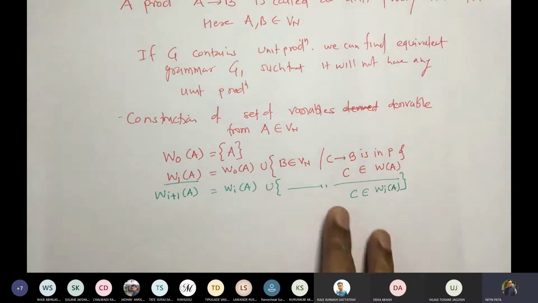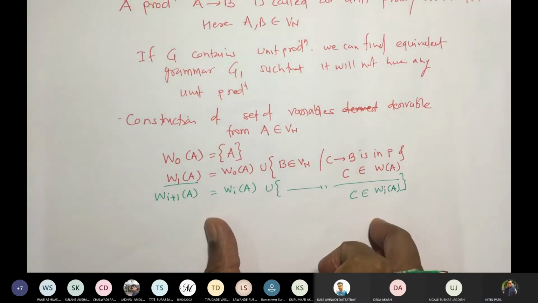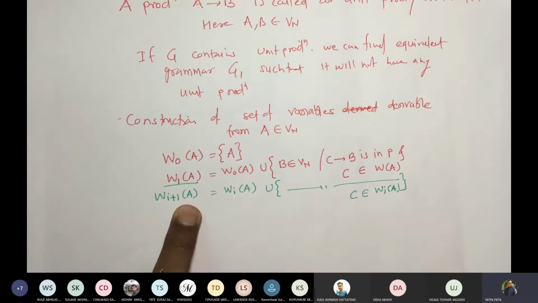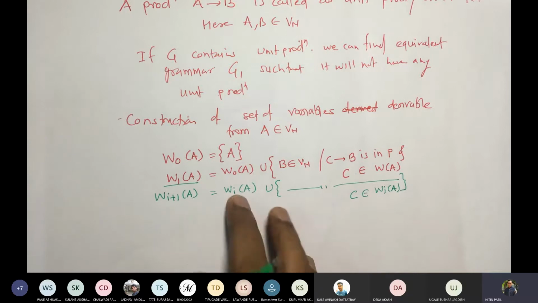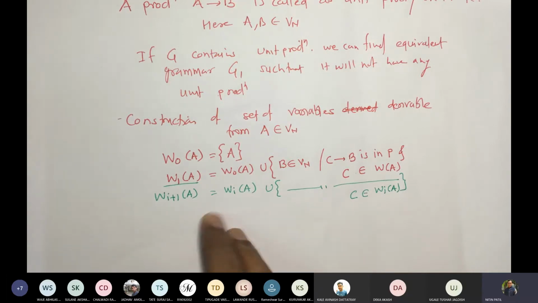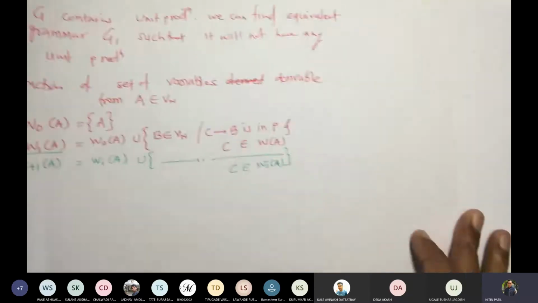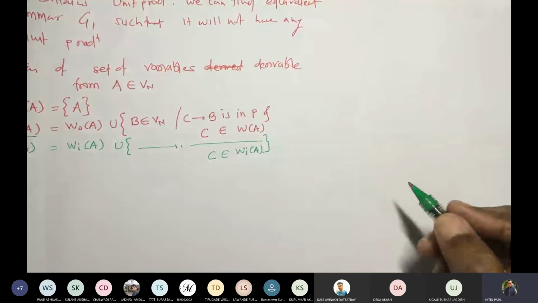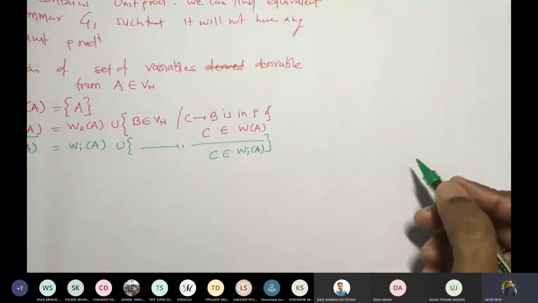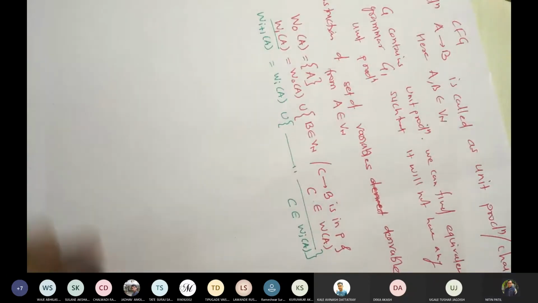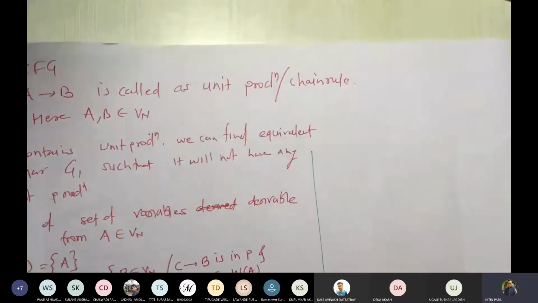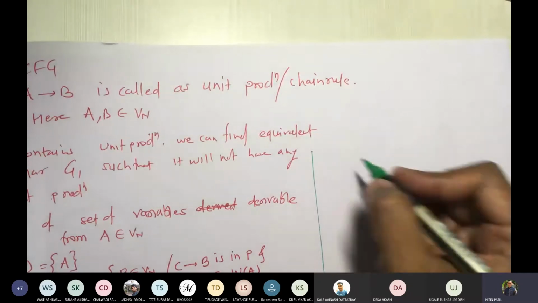Right, so you continue constructing like this, and at one point of time you will get such a set W for every variable that you have. While we solve the example, you will understand that. Okay, so side by side I will take an example so that you can understand what exactly I wanted to show. So let me take an example.